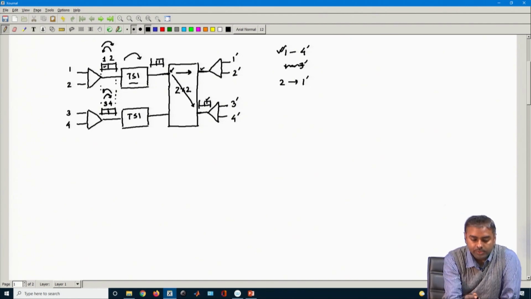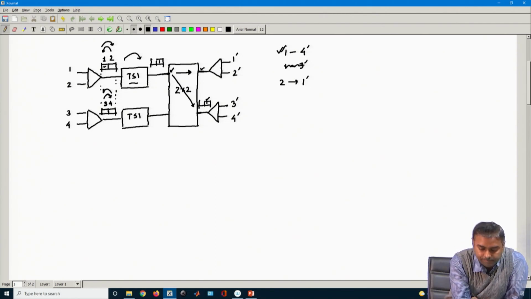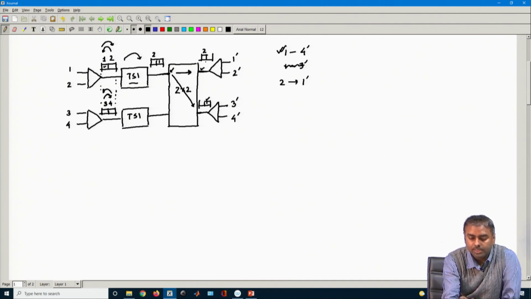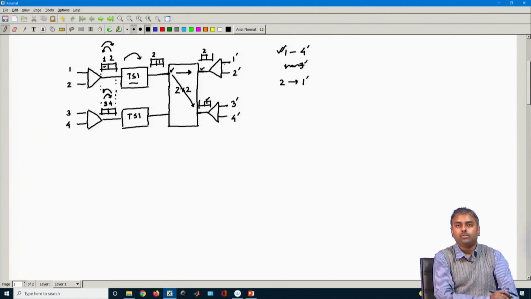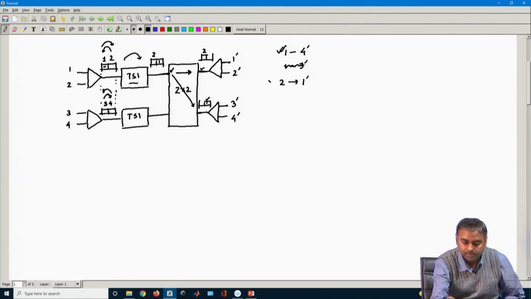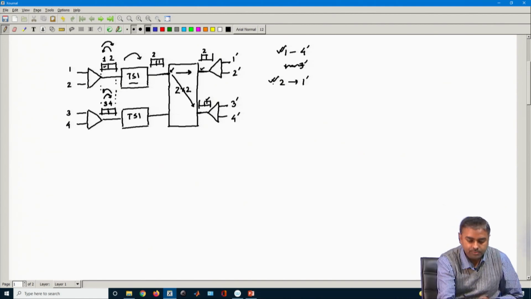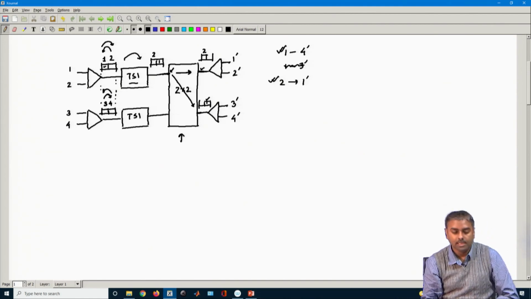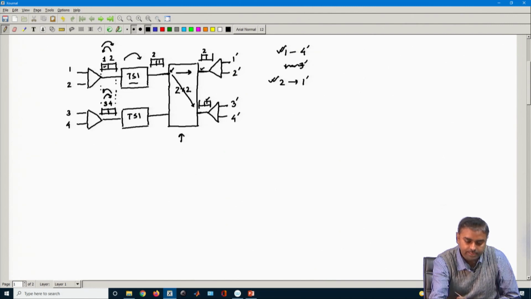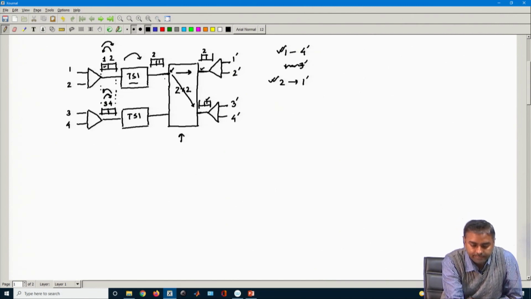Okay. And 2's data to 1 dash, is that a valid option? Because now 2's data will be over here, and whenever I do this switching, 2's data comes over here, and that data will eventually, because it is in the first slot, come out over here. So, this is possible. But now you might be asking, look at the space switch configuration. Simultaneously, we have a space switch configuration which makes the connectivity, let us say this is input 1 of space switch,